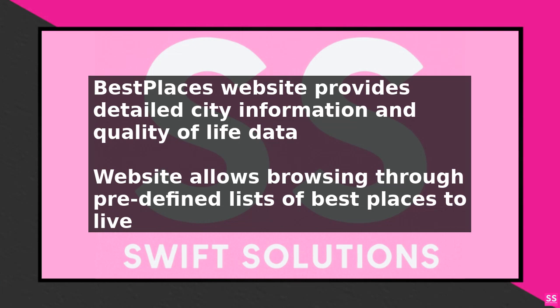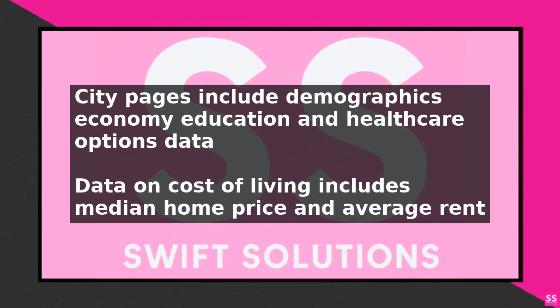Once you have selected a city or town, you will be taken to a page that provides an overview of the area's quality of life. This page will include information about the city's demographics, economy, education system, and healthcare options. You will also find data on the city's cost of living, including the median home price, average rent, and cost